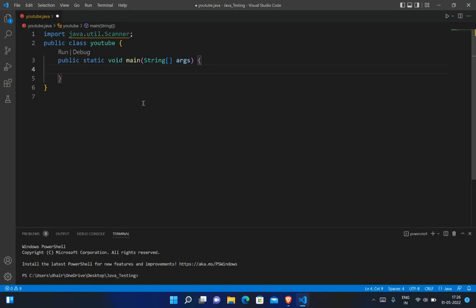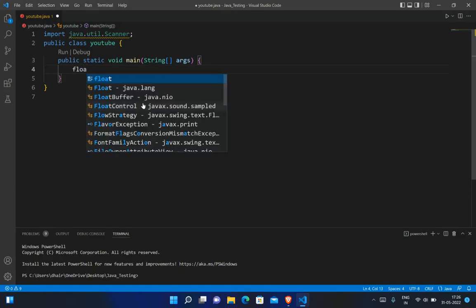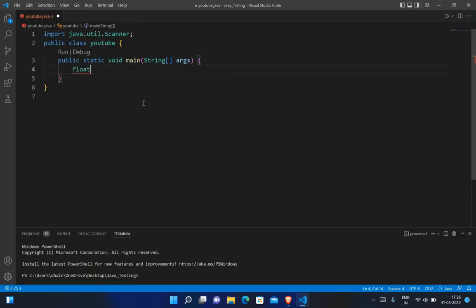Now we will take variables. We will take float values for more accuracy because we are converting temperature. Float number one, float cal, and then float number two. We will take everything in float. Float number three, and then we'll press enter and type System.out.print and then